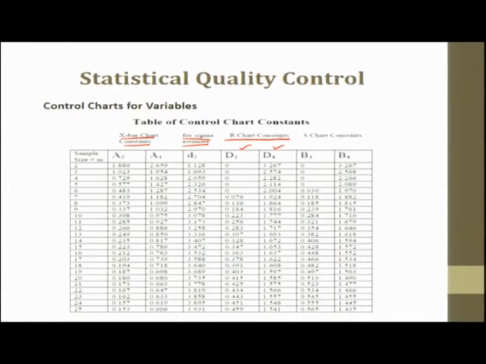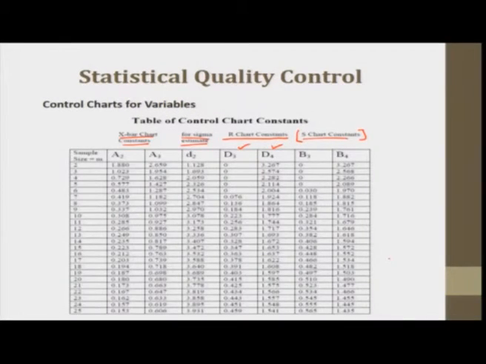Also, we can use the A2 and A3 constants, like X double bar plus A2 R bar and X double bar minus A2 R bar, to find the control limits. So, these are some standard values which are obtained. These constants are often used in practice to calculate the value of the standard deviation for the sample. These help to speed up the process, so we do not have to calculate.